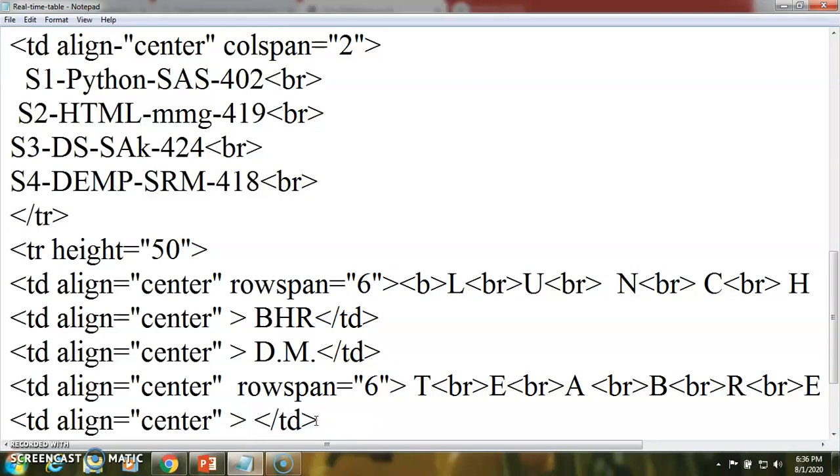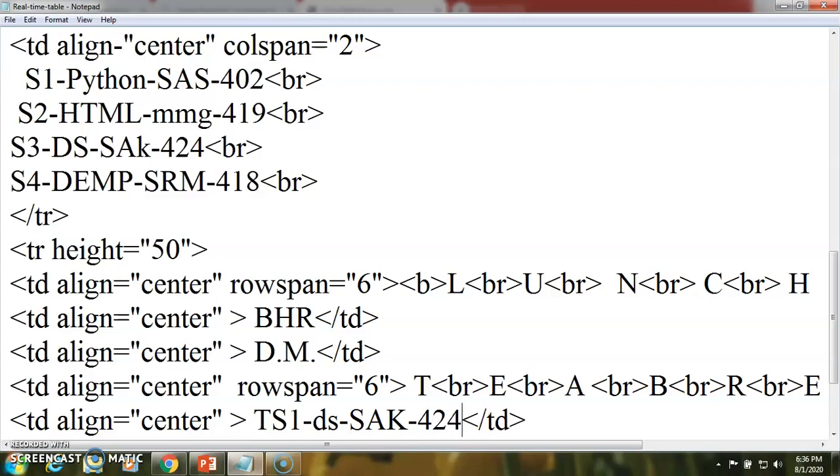How can we add those texts? For example, we have the tutorial slot for each batch. I'm going to write it this way: the subject name, then the faculty name, then the particular lab for that slot.